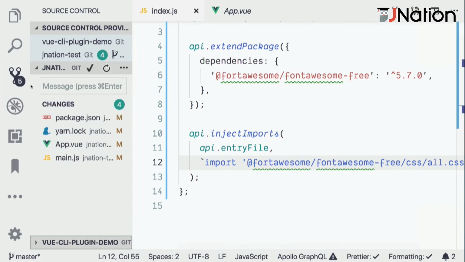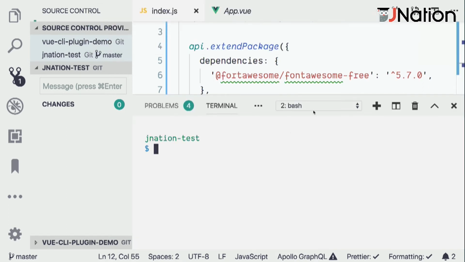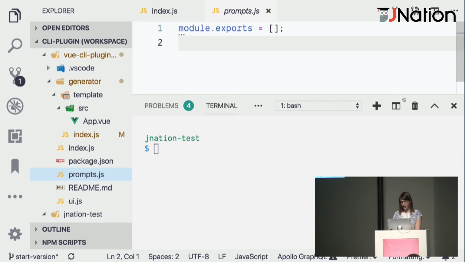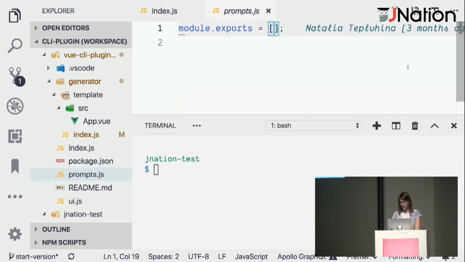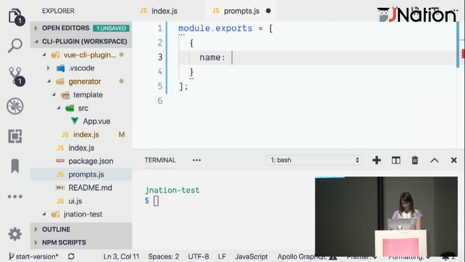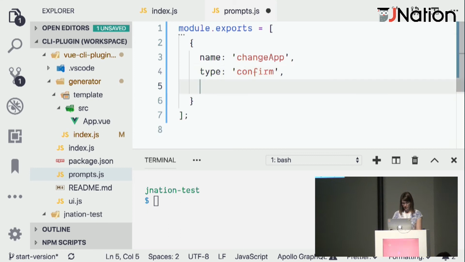Okay, let's go to our prompts. And let's also stop our fancy UI for now, and we will play just with the console. So here we have file with prompts.js, and it's just an empty object right now. So let's add our first prompt here. It will be named change app. It will have a type of confirm, which means it's just a question, yes, no. And the message will be,